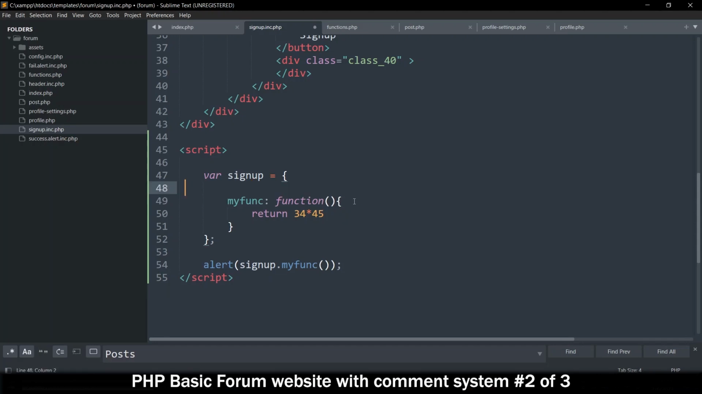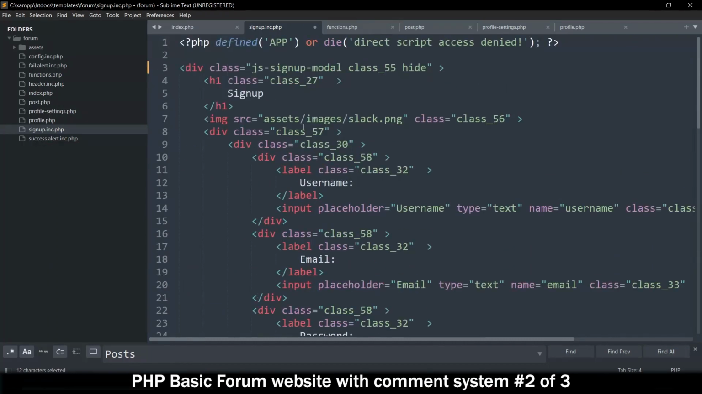Okay, so let me remove this. I'll change my function to show. Let's remove that. So this function will be called show. So to access it, I'll just say signup.show, and it's equal to a function. What I want this function to do is simply display this item, and it can do that by just removing this